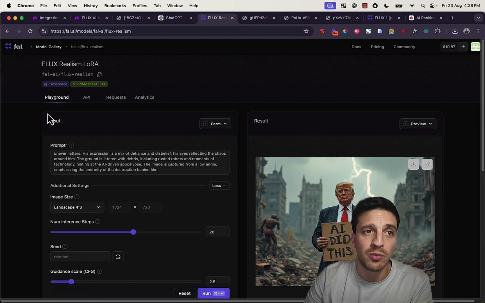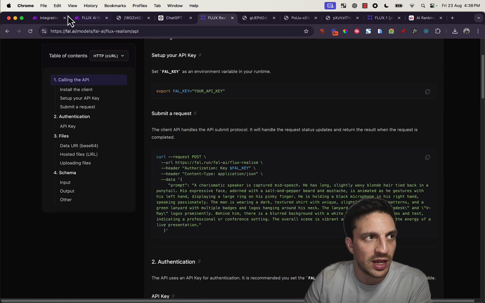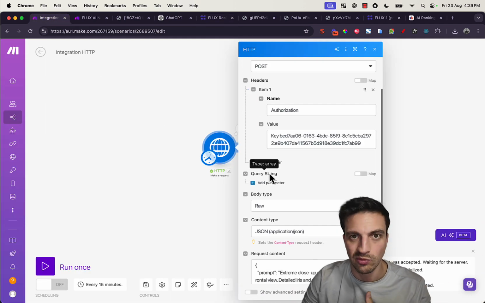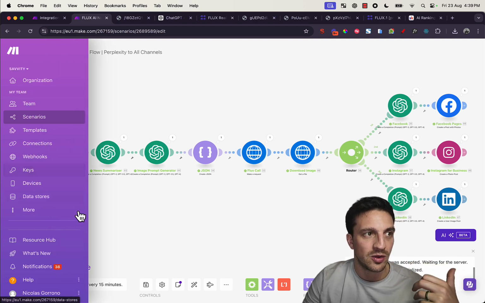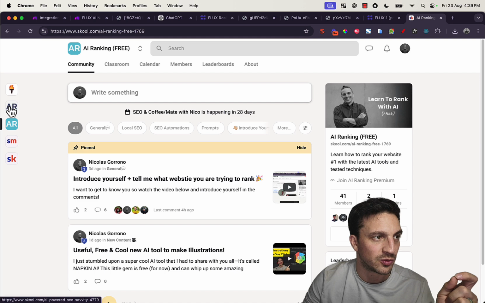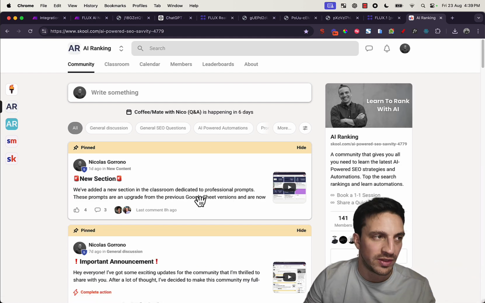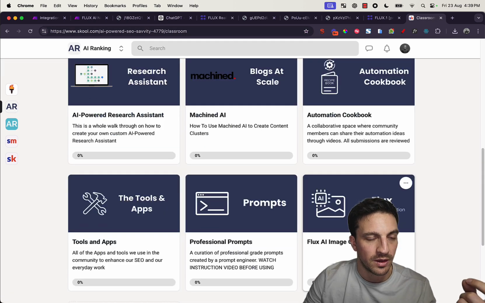But the most important thing for me is that because you've got the API information here, you can call it in Make. We've made a module here already, which then we can connect to other flows that look like this. This flow here, we generated for our paid community, the AI Ranking Hub, this one here. So we created a detailed tutorial on how to use all of this with Make, so you can put it into your content automation workflow. It's this one